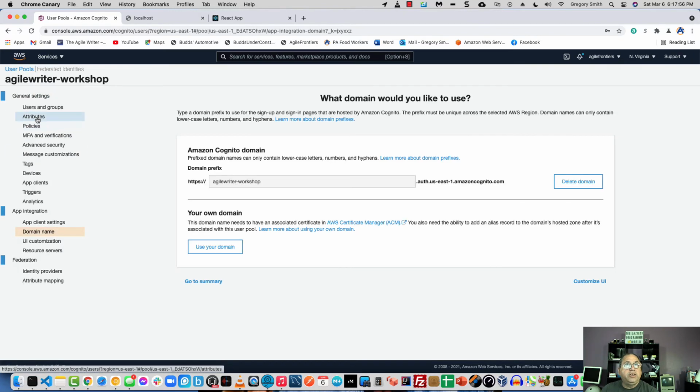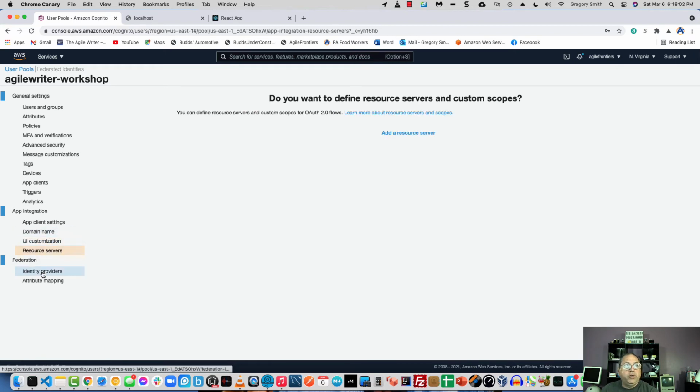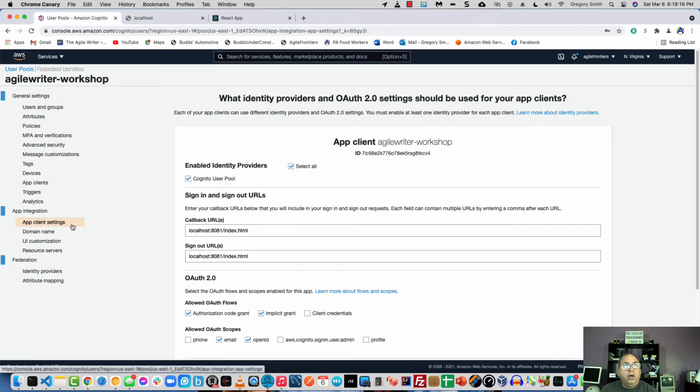We've got our domain set up. We've got our UI customized, and we don't have any resources at this point. Or we could actually set up some identity providers like Facebook or Google or Apple. But for today, we're going to use our own setup. And now that we've got this set up, we can actually go to a URL